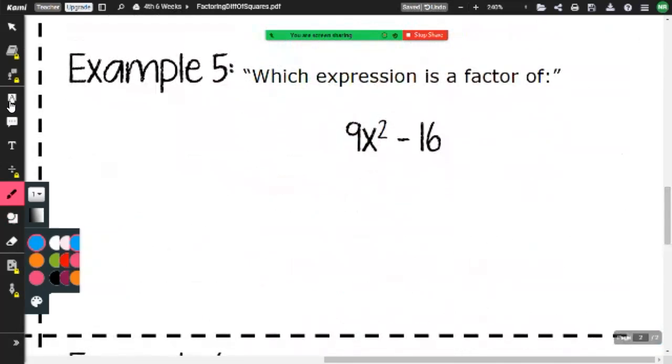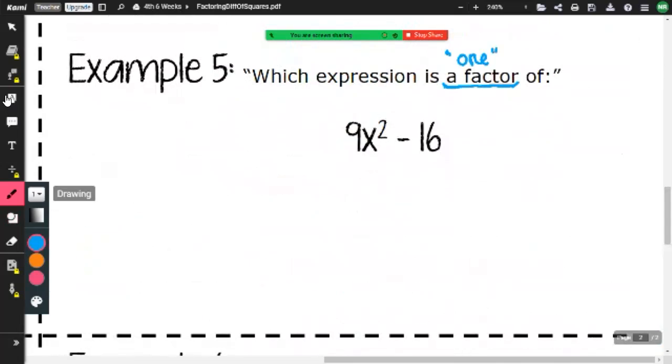Are they asking us for both factors? No, just one. Remember, if I ask you for a piece of paper, I'm asking you for one piece of paper. So if you look at your answer choices, don't get confused just because you only see one binomial. You're still going to get 2 binomials as your answer, but they're only asking you to match it up to